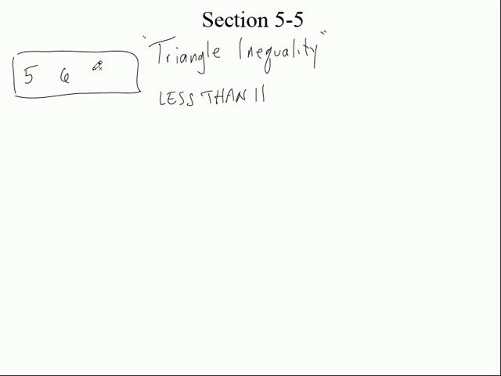What about 1.1? Can you have 1.1? Because 5 plus 1.1 is what? Is 6.1 bigger than 6? Yes, it is. So you can. Because 5 plus 1 is 6, and 6 is equal to 6. Remember, the two smaller ones have to be greater than the largest side. So this can't be a 1. Can it be a